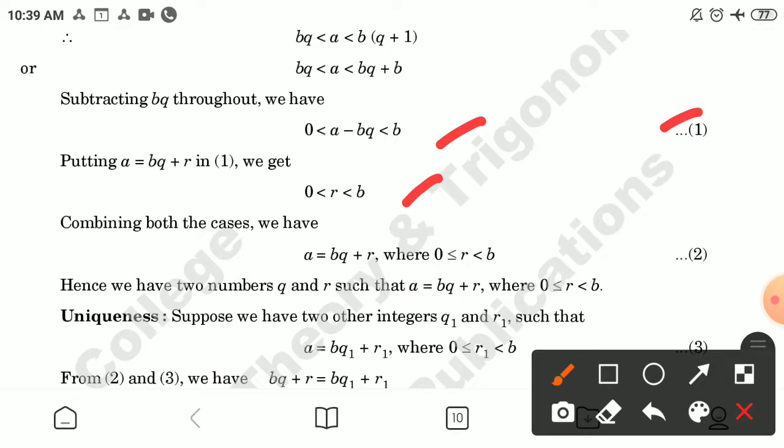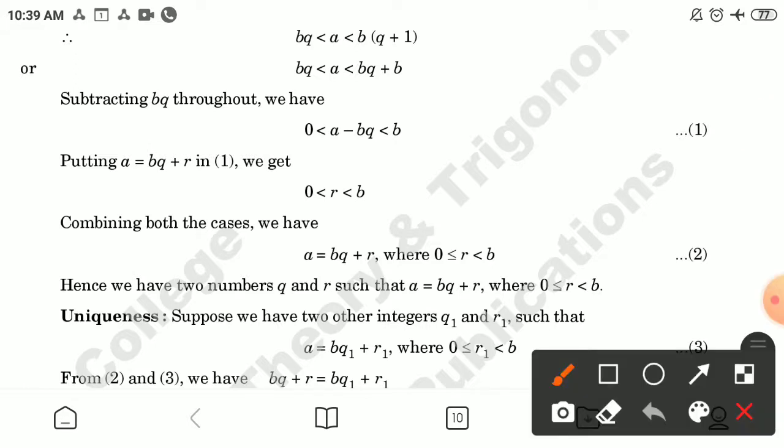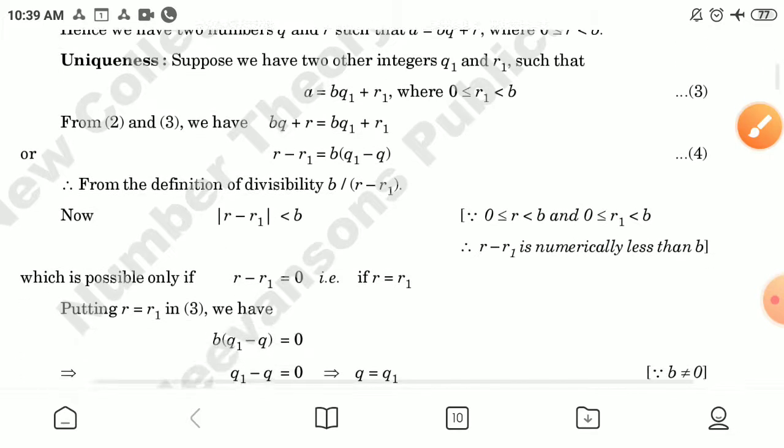Combining both the cases, we have a is equal to bq plus r, where r is between 0 and b and r may be 0, marking this as number 2. Hence, we have two numbers q and r such that a is equal to bq plus r, where r is between 0 and b and may be 0. Now, for the uniqueness,